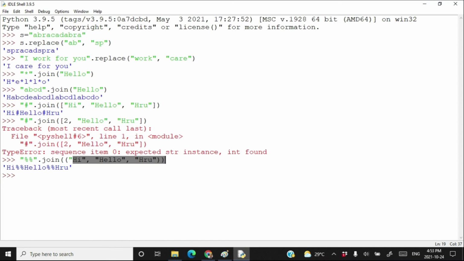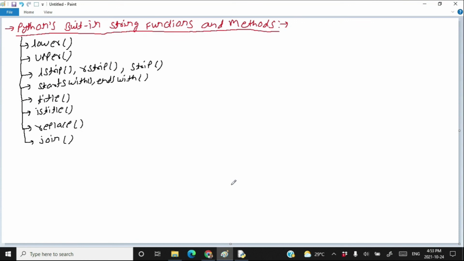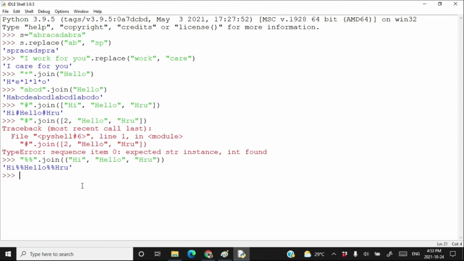The next we are going to learn is the split method. What do you mean by the split method? This is the opposite of the join method. Let's use it. Suppose that I write here a string s is equal to I love Python.